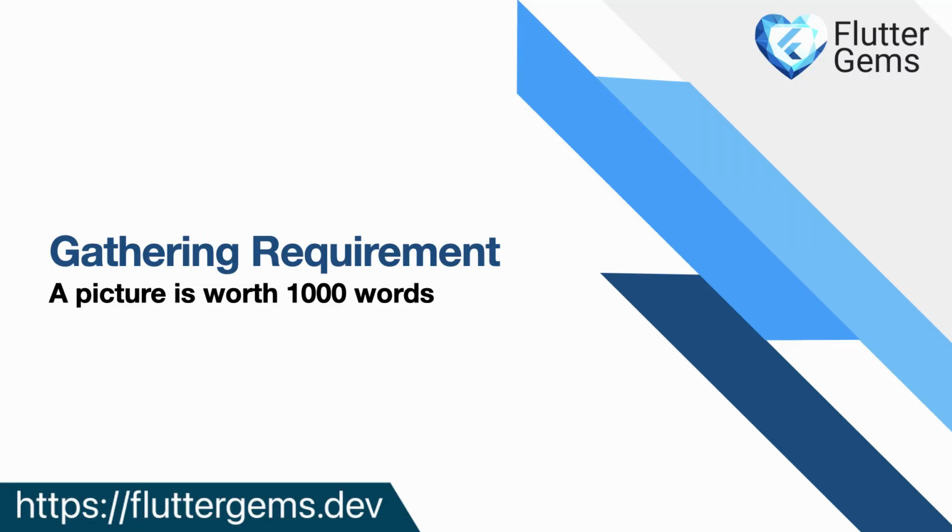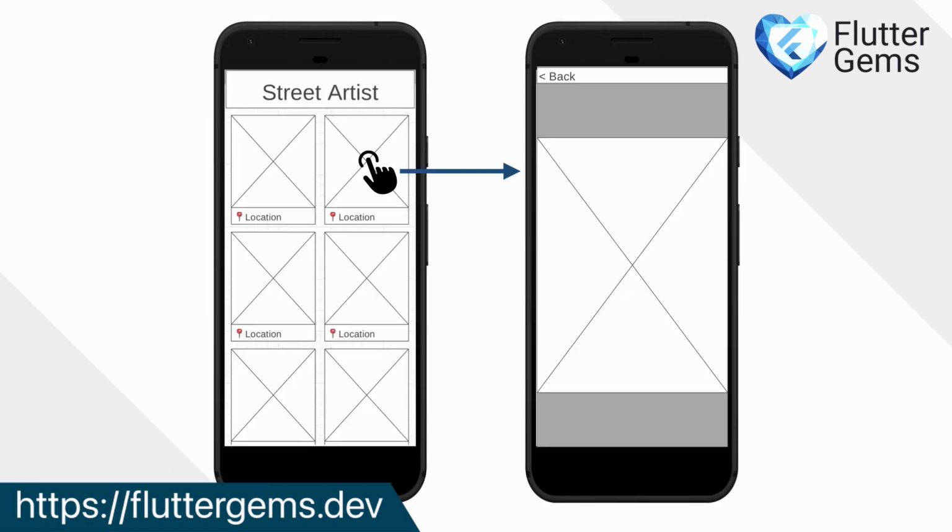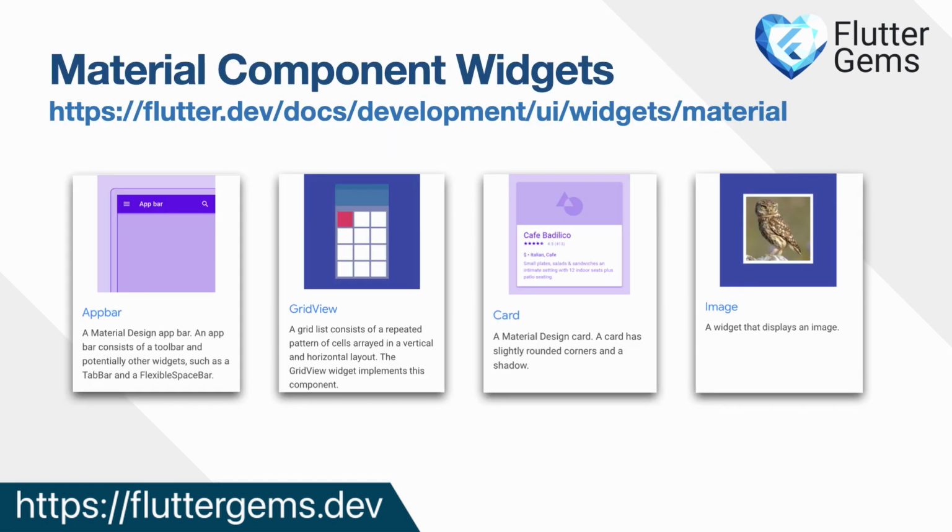So, where does the developer begin his journey? It starts with gathering the app's requirement, which is accompanied by a crude mockup or wireframe like the one shown, containing typical material components like an app bar, grid, image, icon, card, etc. This wireframe can be quickly realized into an app as shown using the material component widgets which are well documented